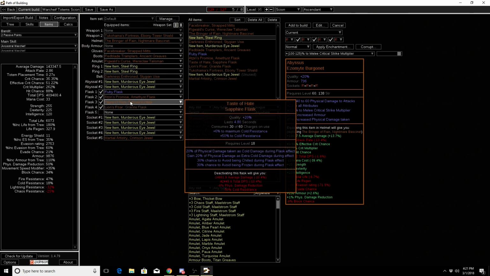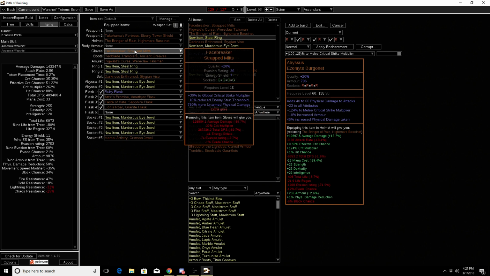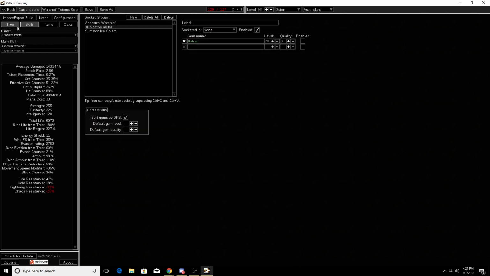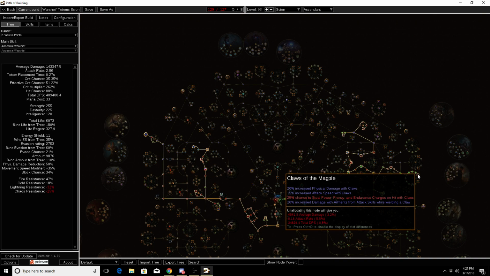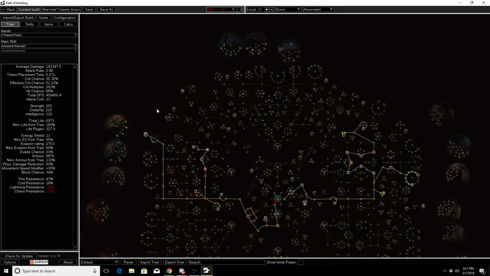As you can see, there's a lot of expensive flasks. There's the Tukahama shield, which is expensive, and stuff like Rigwall's Curse. The build is pretty much centered around Rigwall's Curse, and it turns this into a crit build, which allows you to get a ton of damage out of it, and you basically pick up the claw crit nodes, as you see. And we're a little bit over budget on the points right now,